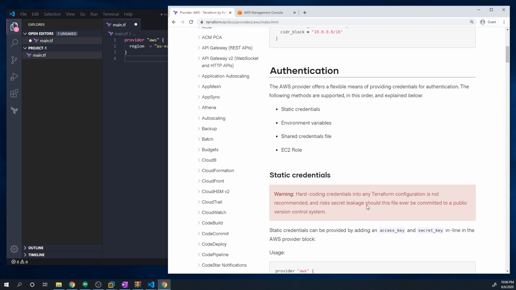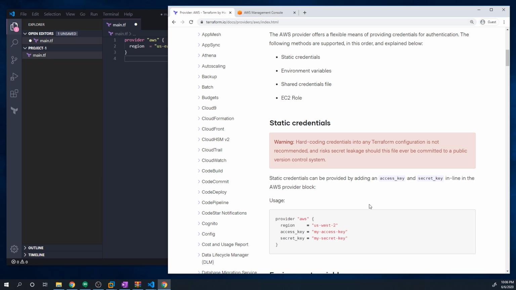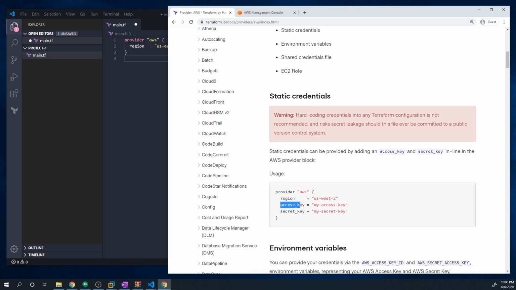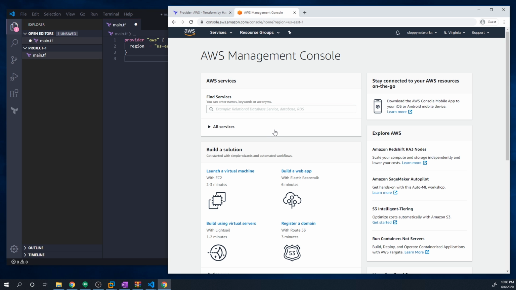However, I want to start off doing it like that because, one, I want to show you guys how to do it every possible way, but also just to keep things simple for now. I promise we'll have some sections later on that covers how to do this in a more secure manner, but let's start off just by doing the bare minimum so that we can focus on learning Terraform before we start worrying about security or anything like that. And so basically, all we have to do is get our access key and our secret key and pass it into the provider config. And so to do that, let's go back to our AWS Management Console, and you want